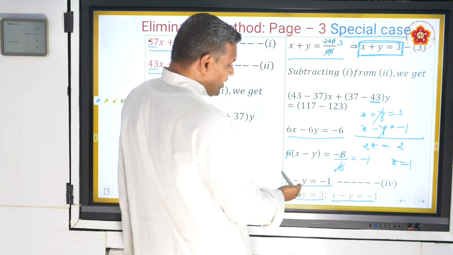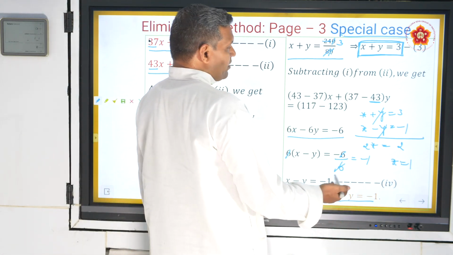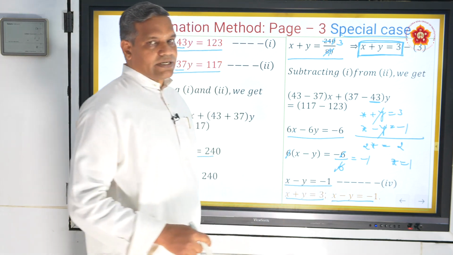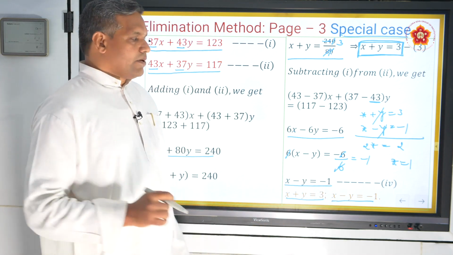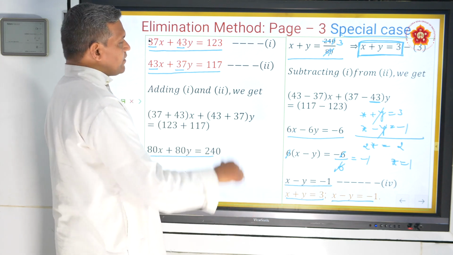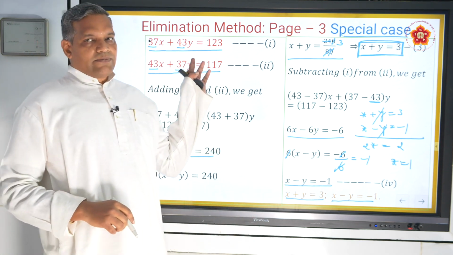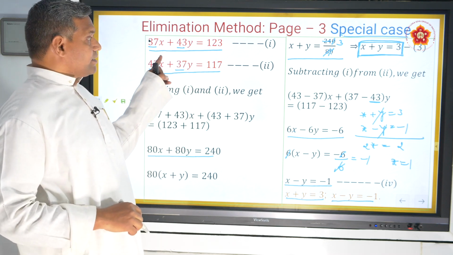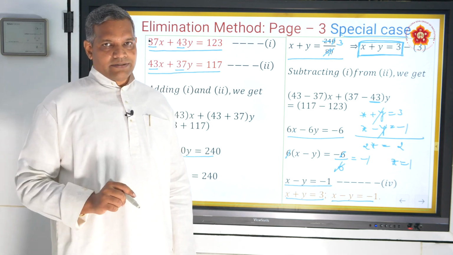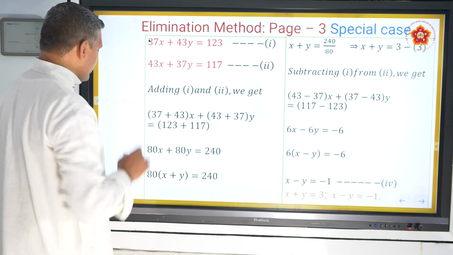The moment x is equals to 1, you know what to do with the other number. Substitute in one of the equations and get the answer. Is it simple? That's how. My intention is not to solve that simple equation. My focus is to make you understand these complex equations. The moment the coefficients of x and y are interchanging, use this technique. Let's go to the next sum.